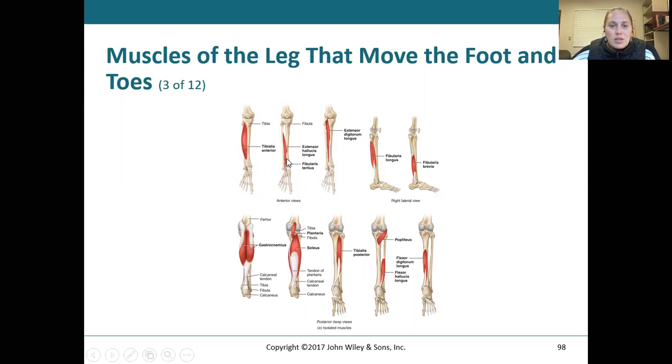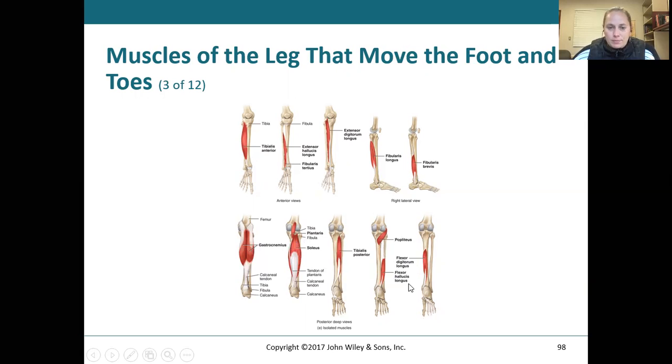So your tibialis anterior, your extensor hallucis longus, your fibularis are present on this one. Your extensor digitorum longus is also present. It's, I think, a much thinner muscle than you would expect. Your fibularis longus is located there at the posterior, back where your calf is. Your fibularis brevis is located more down near your ankle, interacting with your calcaneus. Your gastrocnemius, again, part of those calves. Soleus is that upper part. Tibialis posterior, and then deeper to that is the flexor digitorum longus and your flexor